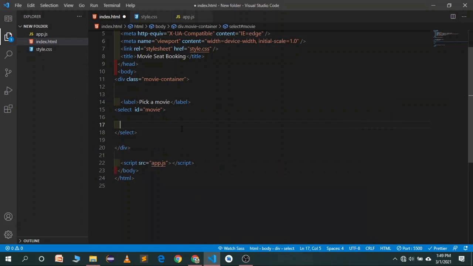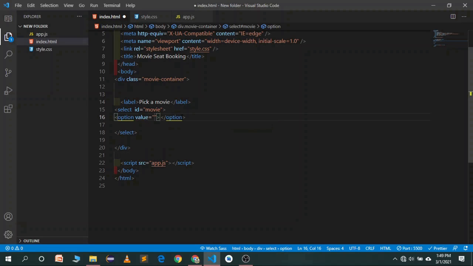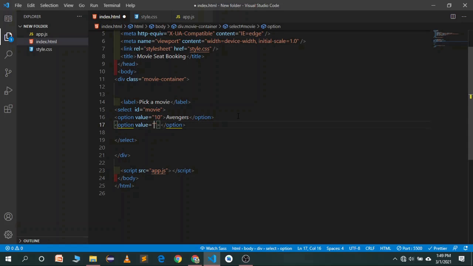Let's go to our code editor. As you see, first of all we have an option portion. Hit enter. The value is going to be $10 for Avengers. $10 is for Avengers. And the second movie that we have is Joker. So I think we will write the price at the end of the name also in the brackets, which is $10. And then the